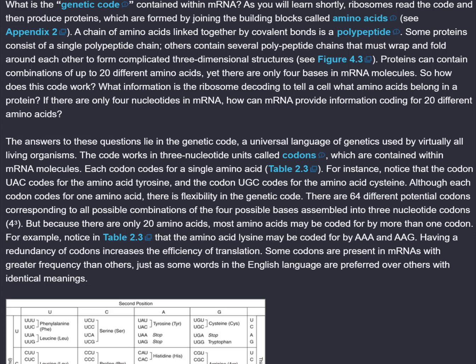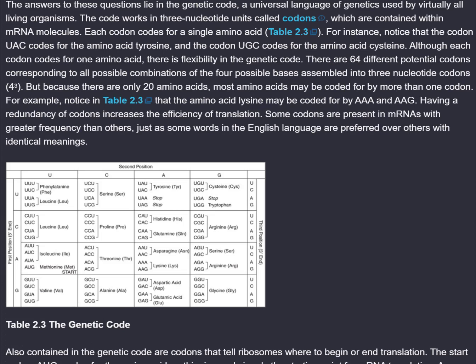So how does this code work? What information is the ribosome decoding to tell a cell what amino acids belong in a protein? If there are only 4 nucleotides in mRNA, how can mRNA provide information coding for 20 different amino acids? The answers to these questions lie in the genetic code, a universal language of genetics used by virtually all living